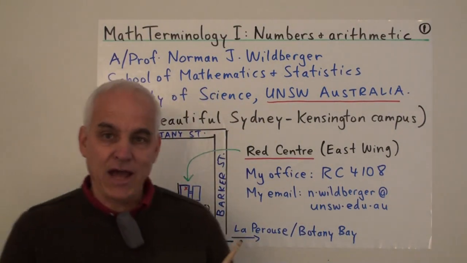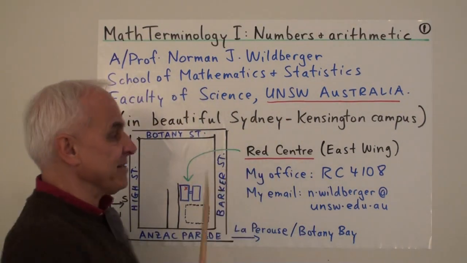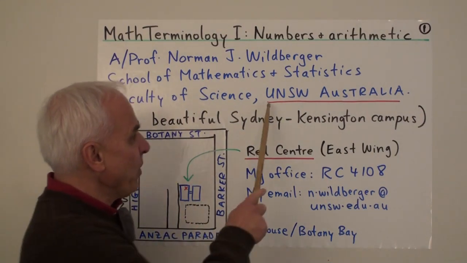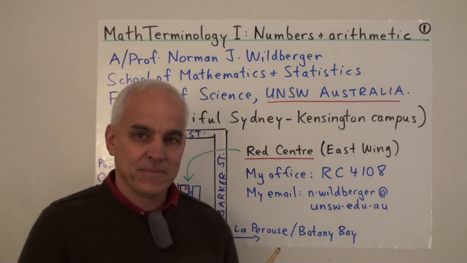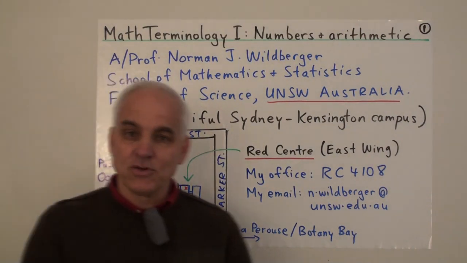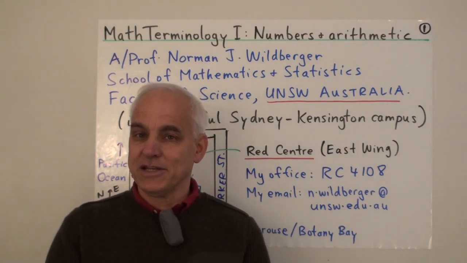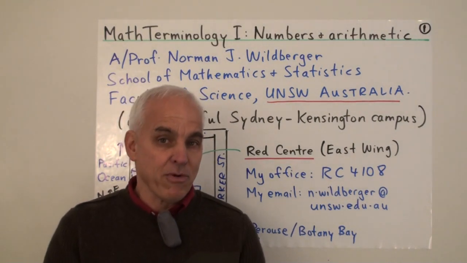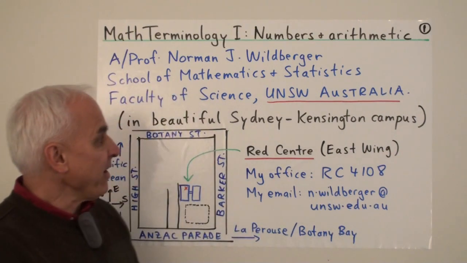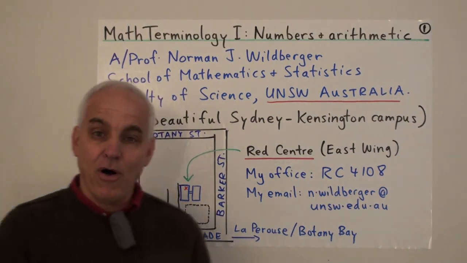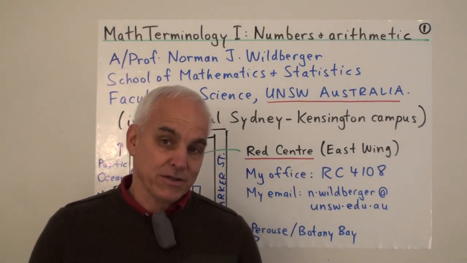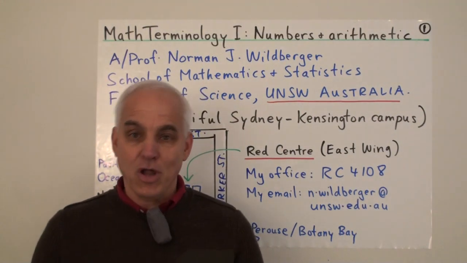Here's my official address. I'm in the School of Mathematics and Statistics in the Faculty of Science, UNSW, Australia. This is the #1 School of Mathematics and Statistics in Australia, and probably the #1 school in the Southern Hemisphere. It's a great place, and we have students coming from all over the world to learn engineering, arts, science, law,